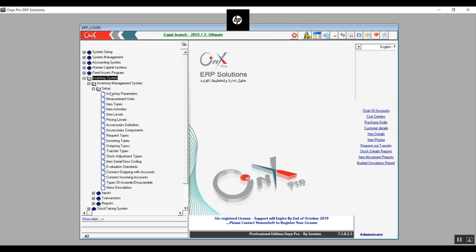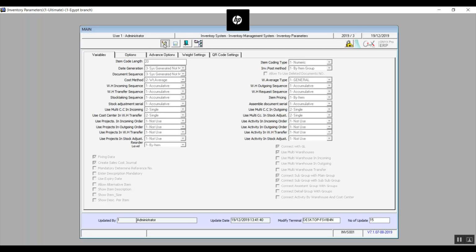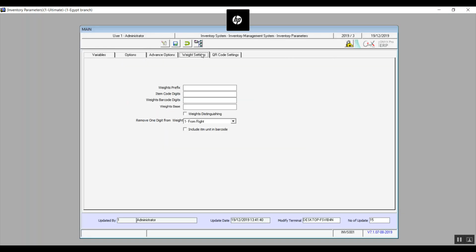So we're still on the inventory parameter screen, and in this lecture we will go through the weight settings. Before we get started on the tab, we just want you to note that this is all related only to items that can be weighted. So the first field, weight prefix, this is where the user can enter the code of the first weighable item.